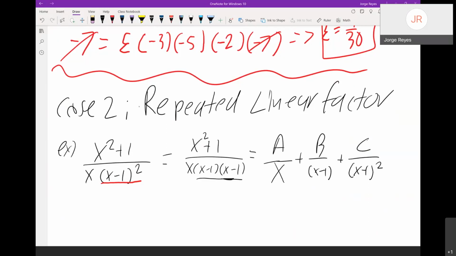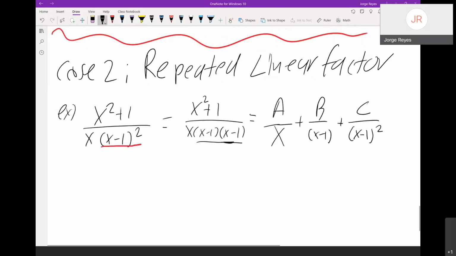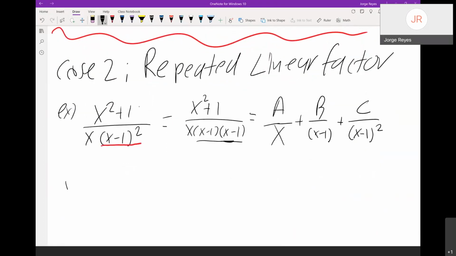And if it was here 3 times, you would just do it again, right? Okay. But now, it's the same thing. So you're going to get x squared plus 1 equals A times x minus 1 squared plus B x minus 1